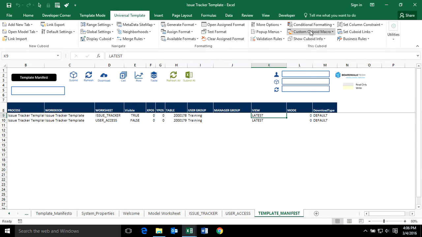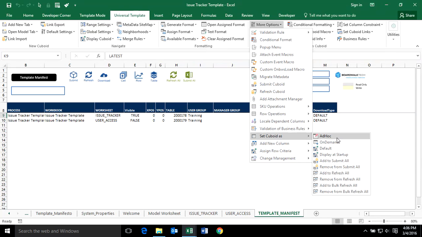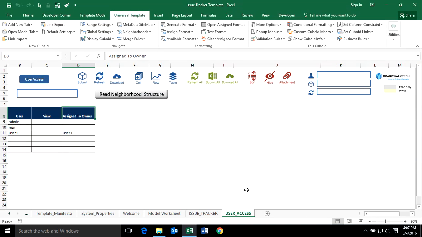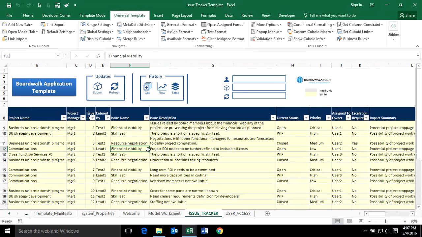Now, I don't need this to go along with the template. You just need to be able to create it and then have it connected through what we call ad hoc. And ad hoc just means when you open something up or when you open up the issue tracker, it goes and grabs it, uses it, and then puts it away. So now I've completed everything I need in order to be able to share this with the manager and the